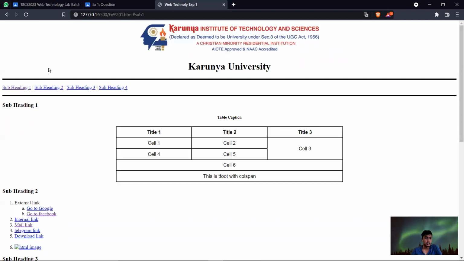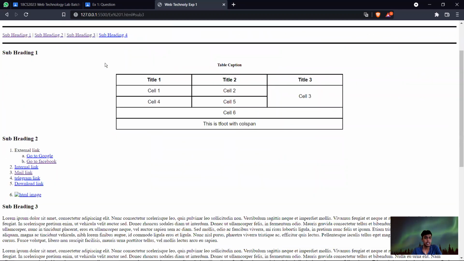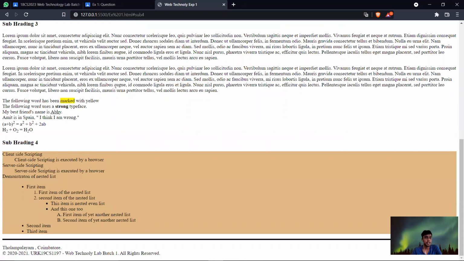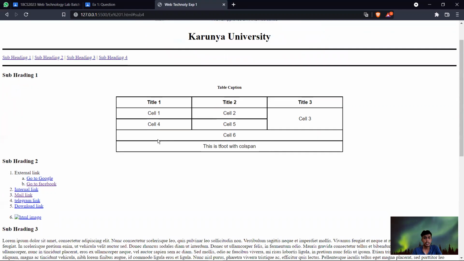The hyperlink should navigate to the particular contents provided in this web page. That's the thing we need to make, and afterwards they have provided the table.